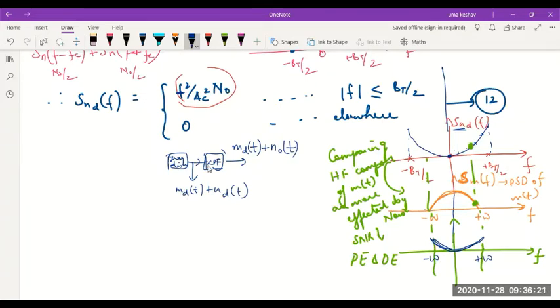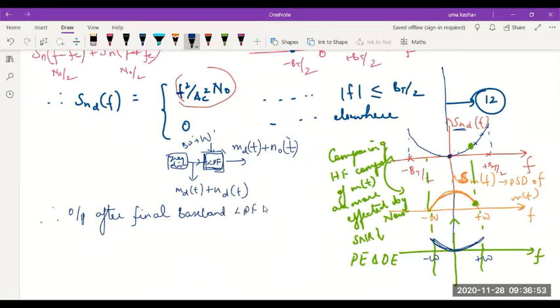The message should be detected same as here because I'm going to have the message bandwidth. The bandwidth of this low pass filter will be same as the message W. So only noise gets limited, the signal passes through as it is. That's what happens after the final stage. Therefore, you say output after final baseband